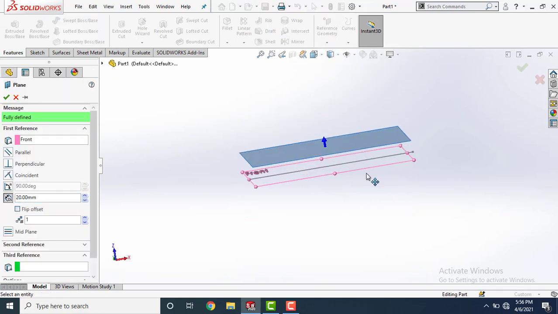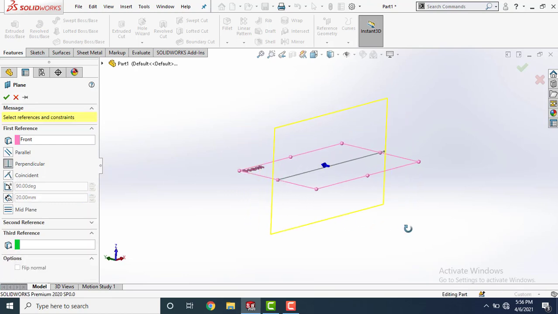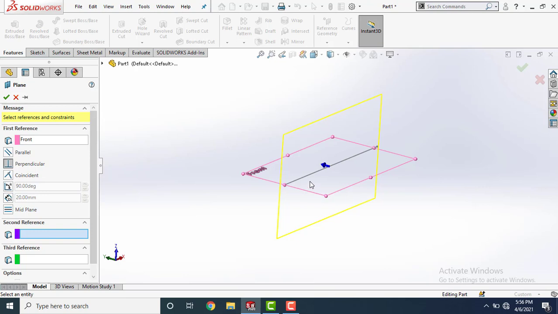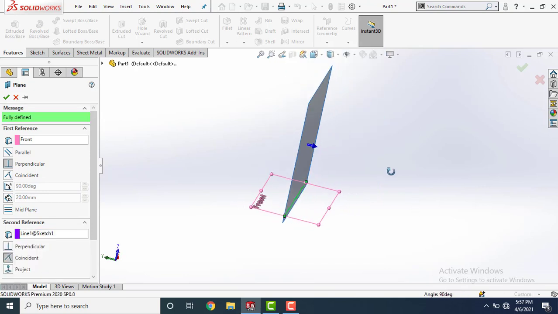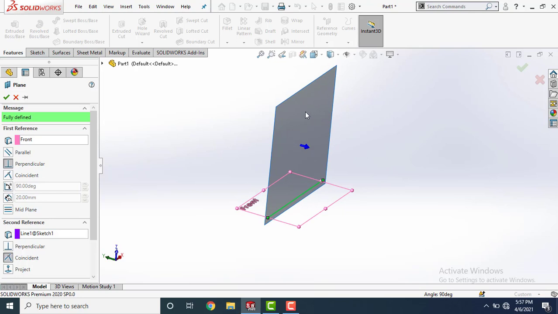Now select perpendicular. Now I am creating a plane which is perpendicular to the front plane, and in the second reference I will select this line. Now it is fully defined. So this newly made plane is perpendicular to the front plane and it is pivoted on this line.